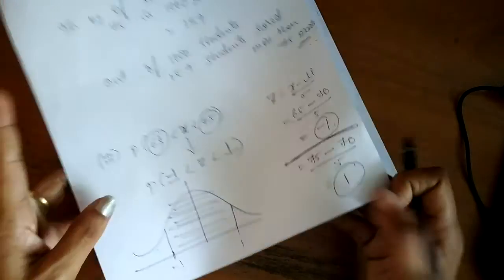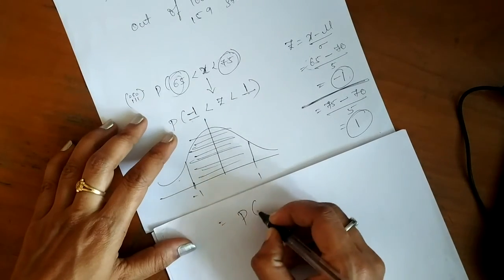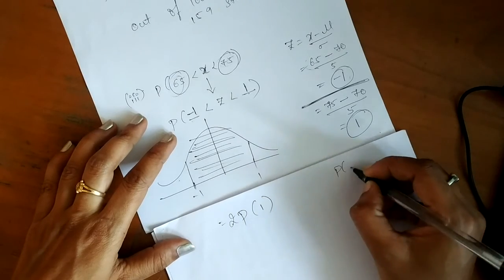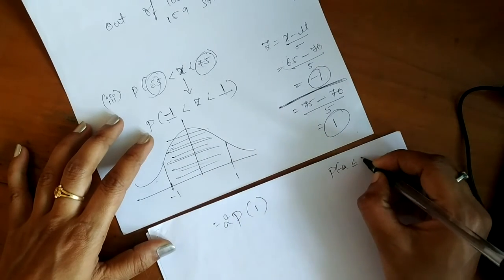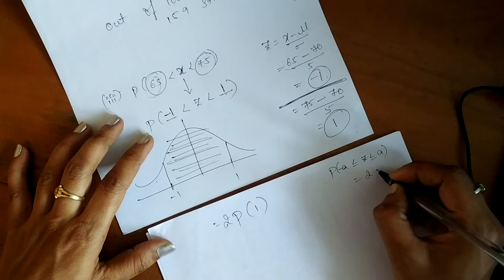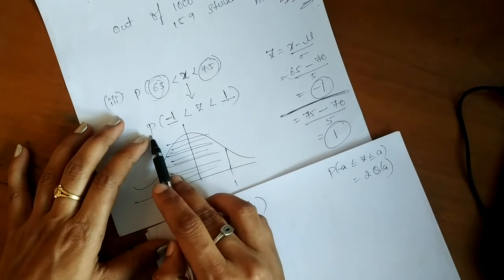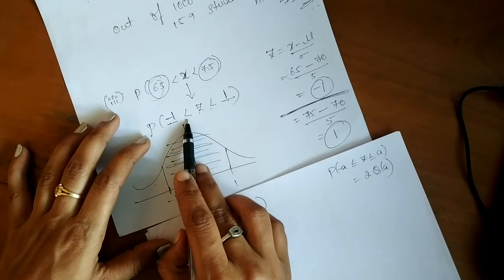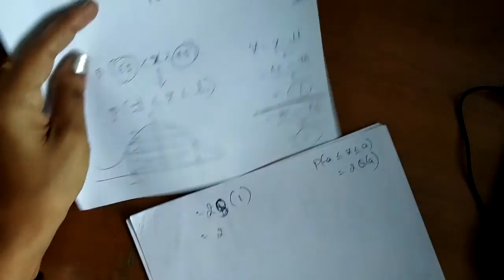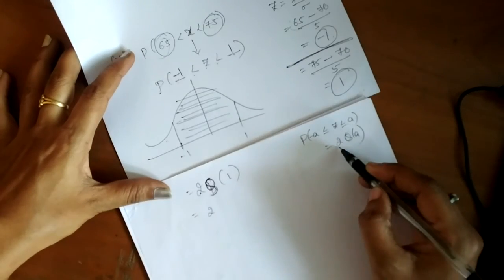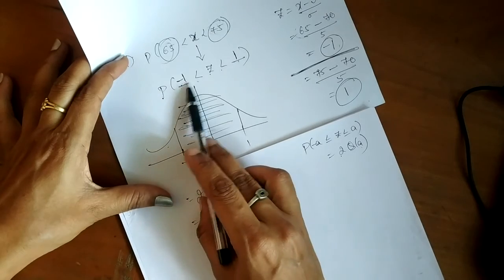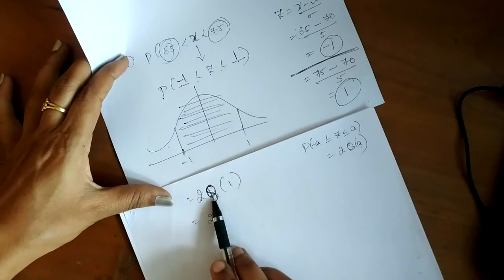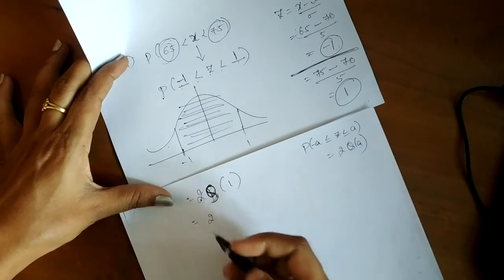Here we can use the property. The probability of minus a less than or equal to z less than or equal to a can be written as 2 times Q of a. In the similar way, the probability of minus 1 less than z less than 1, whether less than or equal to or strictly less than, it is the same; it is not a matter here. So by using this relation, in place of a you have 1 here, so that is 2 times Q of 1. Okay. Now what is Q of 1?